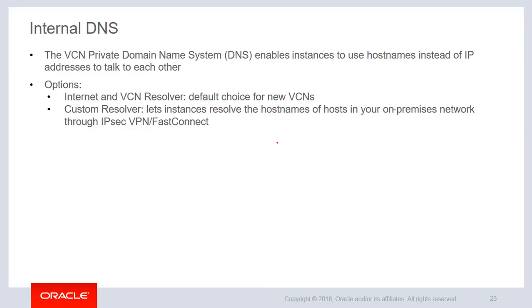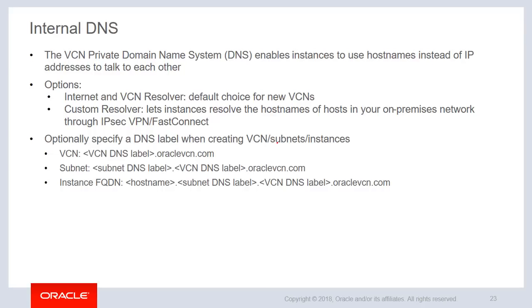So if you want to use your on-prem network, you could let instances resolve the hostname of hosts in your on-prem network using a custom resolver. So you can specify either the default or the custom one. Now when you specify